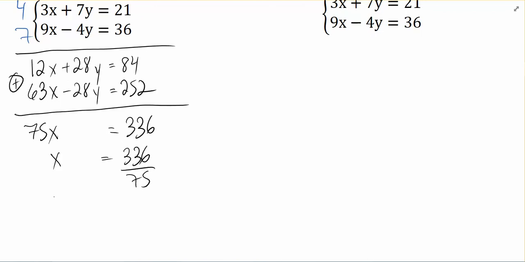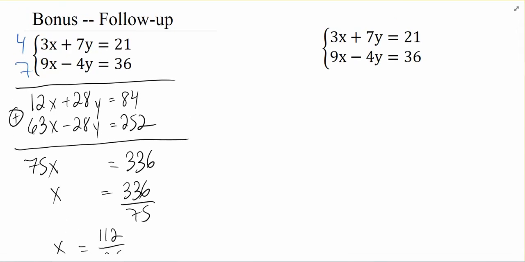Now if we put this into our calculator, it's going to reduce the fraction because both are divisible by 3. And we're going to get 112 over 25, which is what we got after a ton of crazy work, distribution, and combining like terms with the substitution method. Now we could plug this back in to solve for the y, but I want to show you another kind of trick here. Instead of dealing with the fractions, we could just go back to the original and say, when I eliminated the y's, I was able to solve for the x. So why not eliminate the x's and solve for the y?